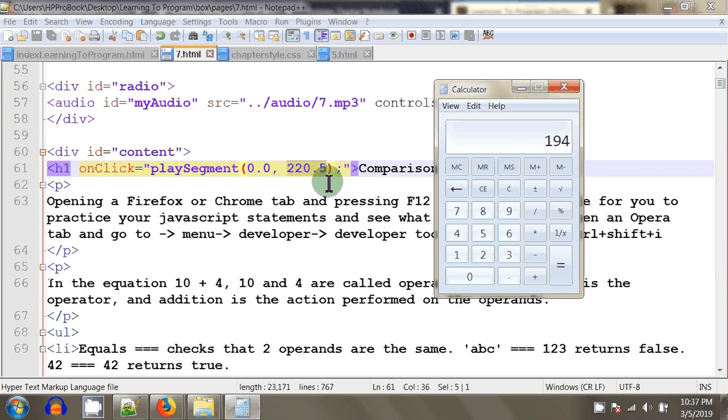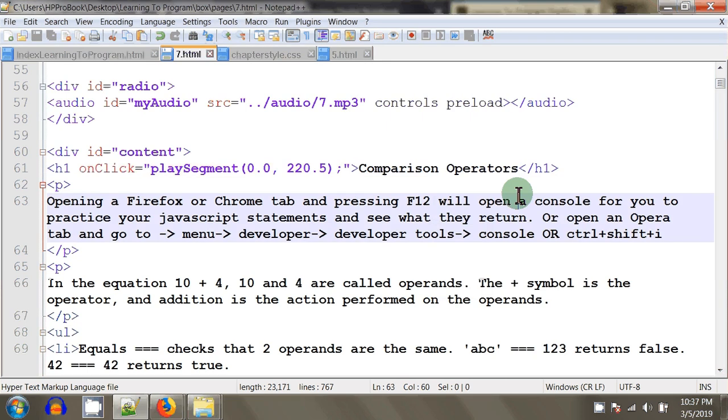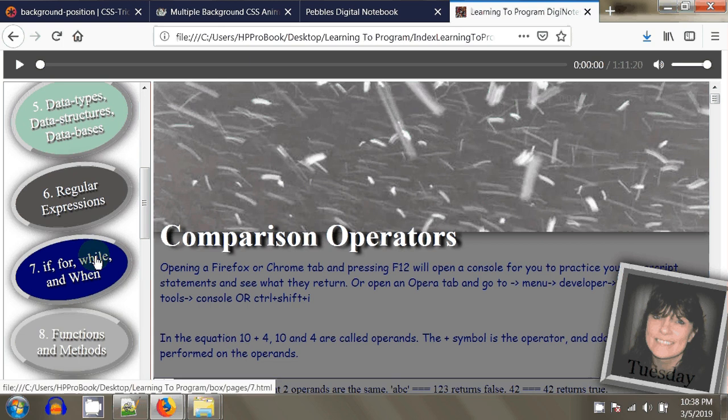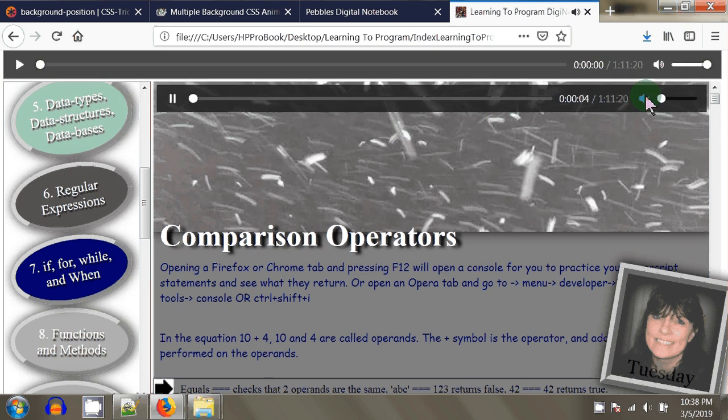And for every H1 tag where I just want a little snippet of my MP3 file, I had to actually watch the file. I had to watch the audio. This is what I had to do. Click here and click the H1 to get it running. Gotta mute this again. I would have to listen to it until I got to the point that I wanted it to stop, because I would look at my notes here, or I would actually look in the book until where my next H1 tag would be,